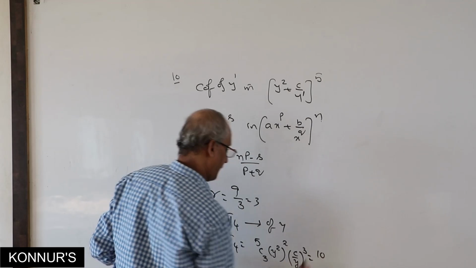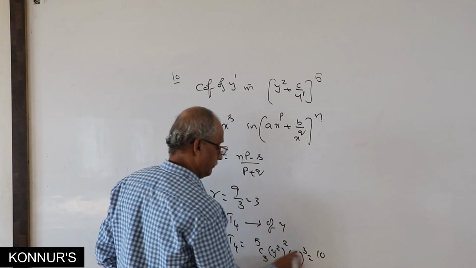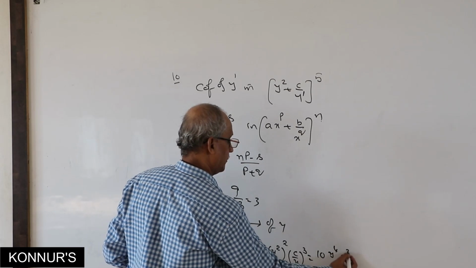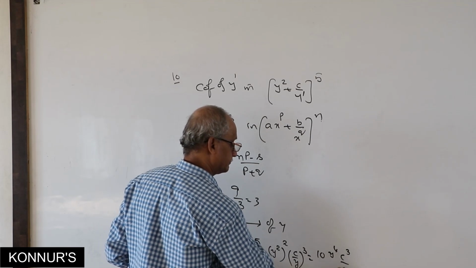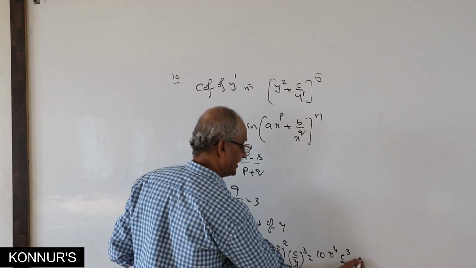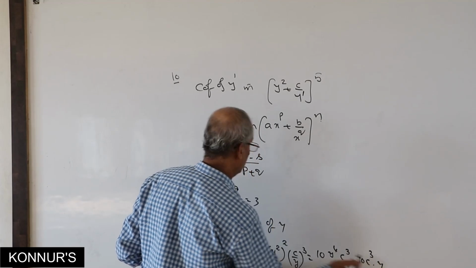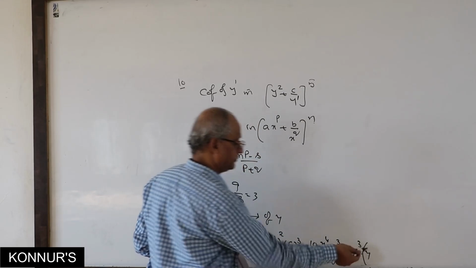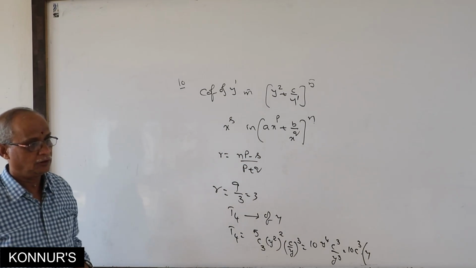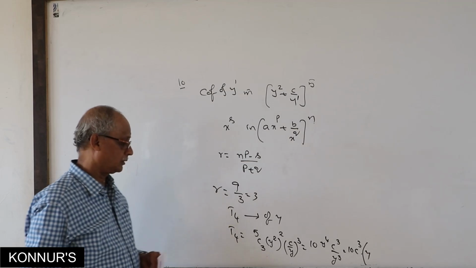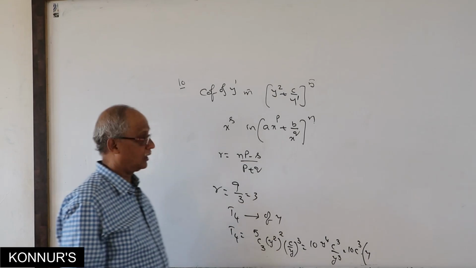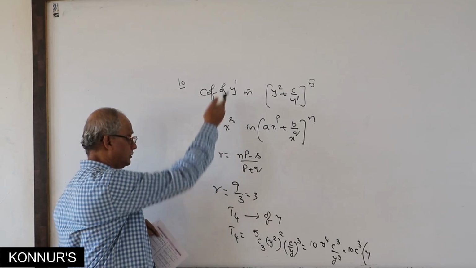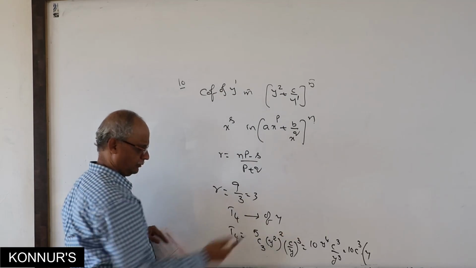5c3 is 10, y power 4, c cube, so ten c cube into y. We want the y coefficient only. Definitely you have to get y in the answer. Y must be present. Otherwise, formula, solution, everything will be wrong. If you get y square, for what reason? It is wrong only. They want y. Our result is suitable to this term only. You have to end with y only.